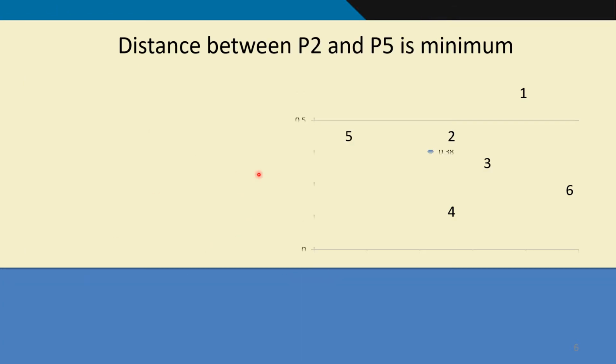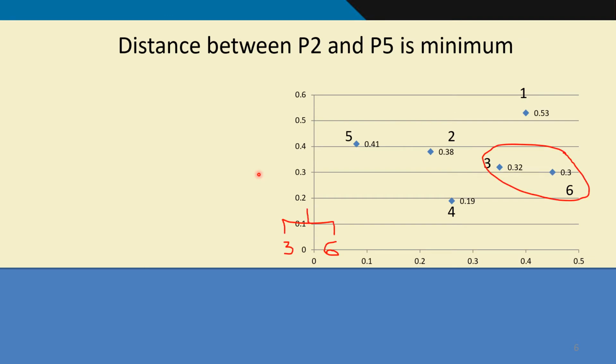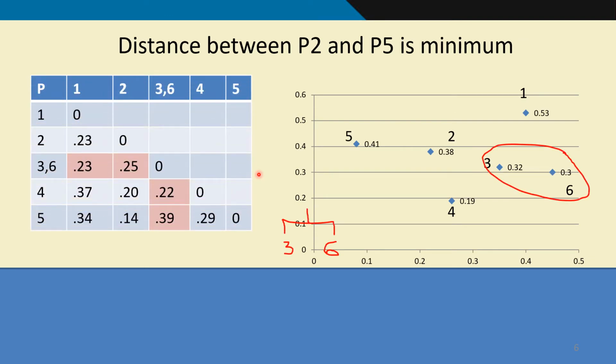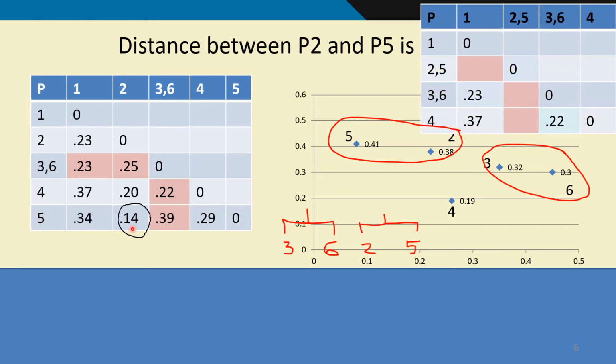Okay, so the latest distance matrix has to be taken and the number which is least in the matrix has to be chosen, and the two numbers 2 and 5 have to be now combined together to make a cluster, and the dendrogram looks like this because 2 and 5 has the least number. Now we have to make a new distance matrix wherein we have combined 2 and 5 together. Now what is the distance between 2 and 1 and 5 and 1? Whichever is the maximum distance would come over here.